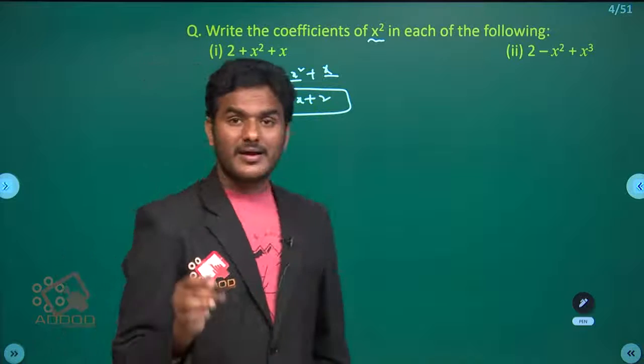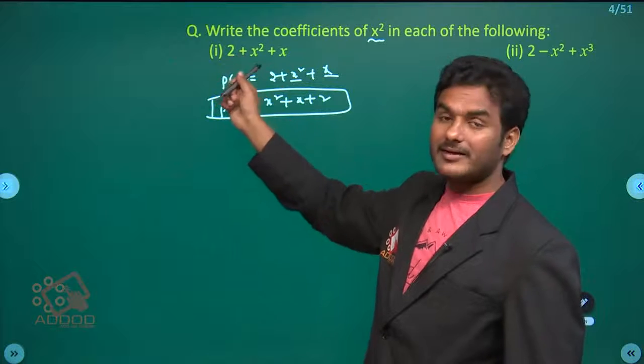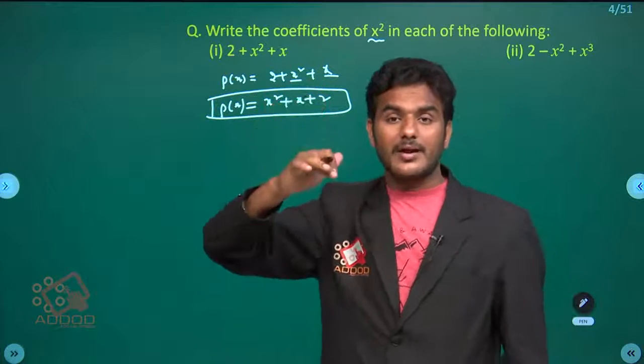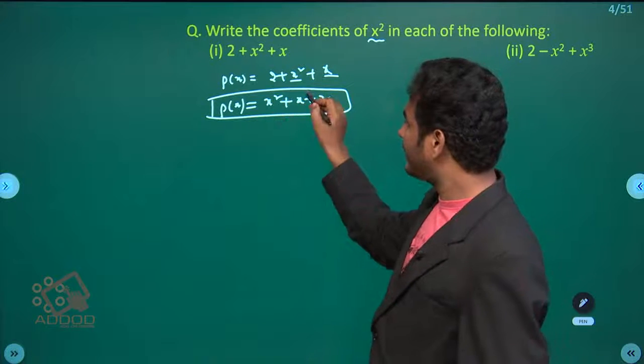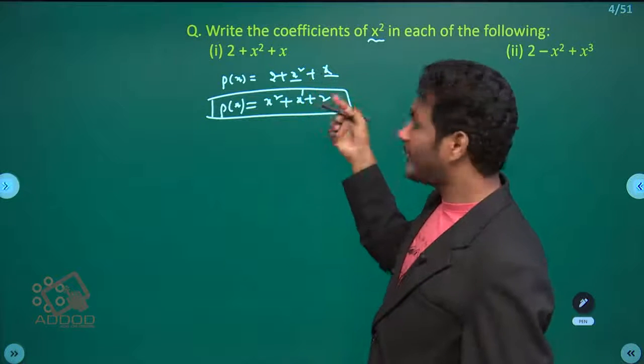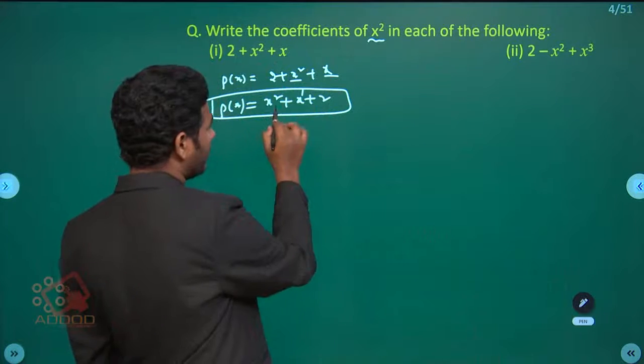Now look at here, while we are writing a polynomial, compulsorily we have to rewrite the polynomial whenever we are having a polynomial like this. Why? Because always the polynomial we should write from the highest power to the lowest power. Here x square plus x power 1, here 2 into x power 0. X power 0 value is 1, so we need not write that one. So x square plus x plus 2.